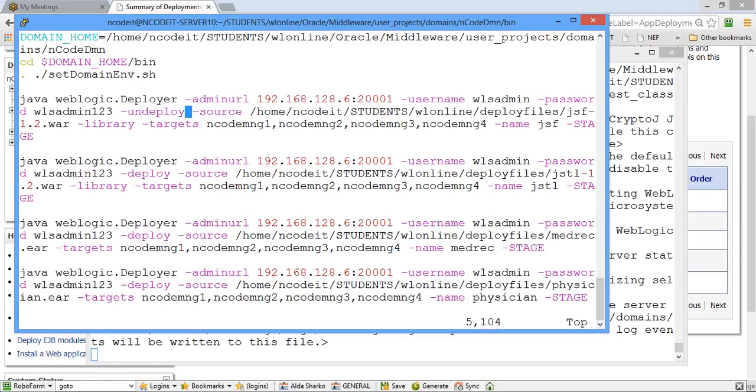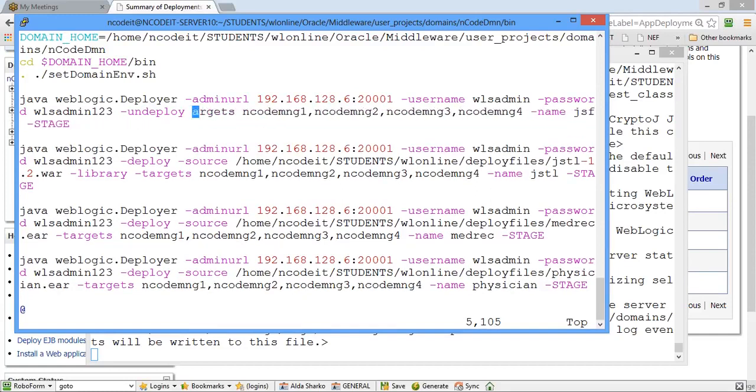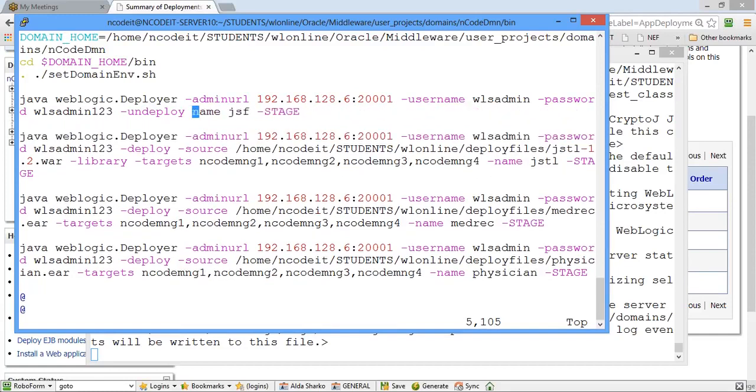Alright, and undeploy command does not take all these parameters. All that it requires is the name of the application. So you have to give just the name of the application. It gets undeployed. So I'm going to modify this thing and then